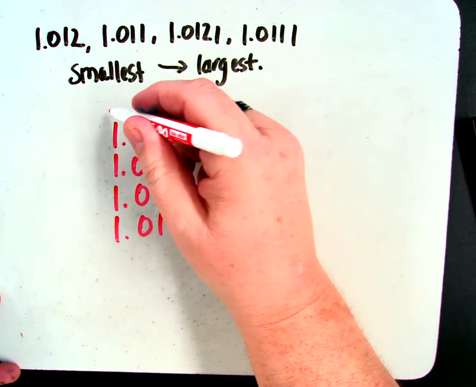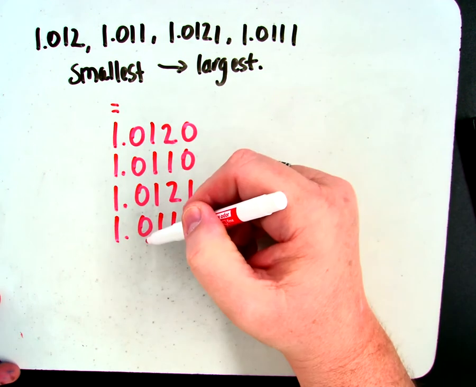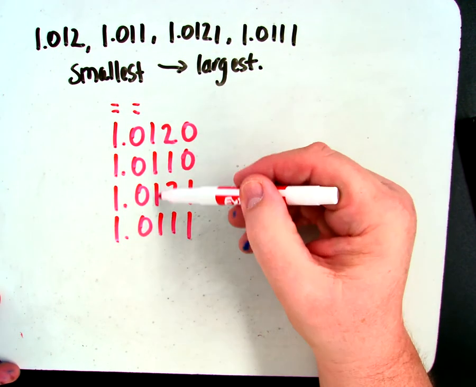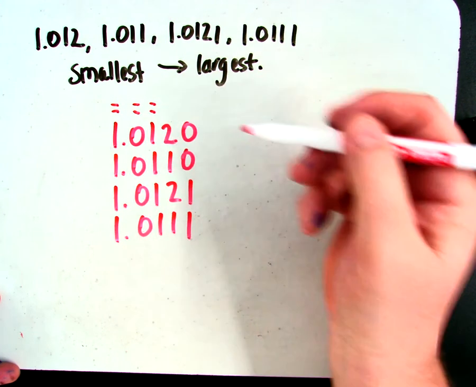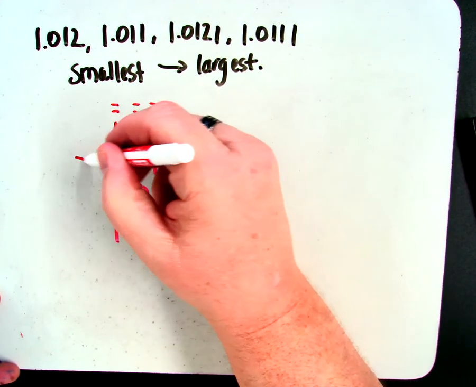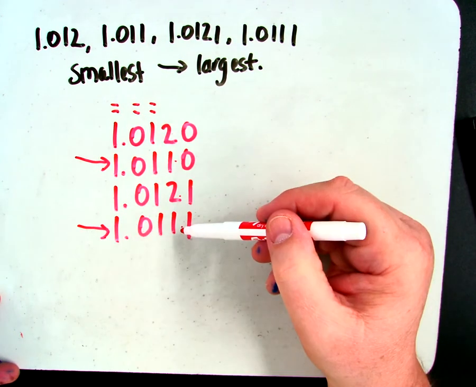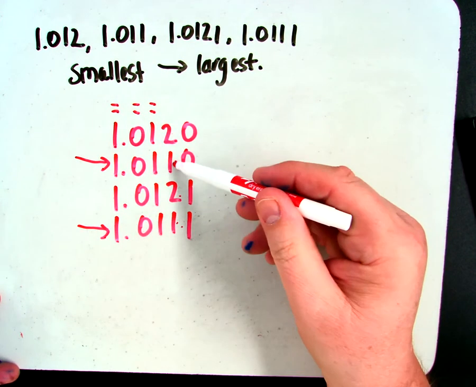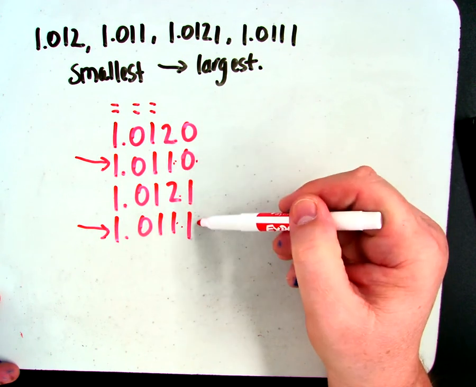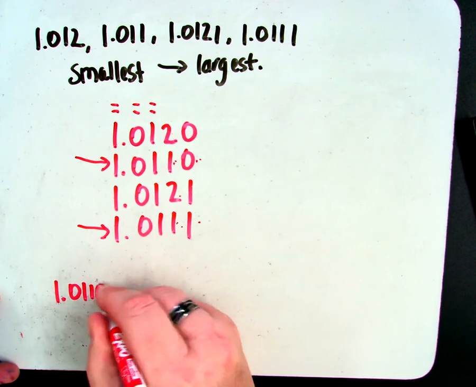Then we compare columns. We look down our first column, and they're all equal. Look down our next column, all equal. Look down our next column, all equal. Look down our next column, we have a 2, a 1, a 2, and a 1. The smaller would be these two numbers here, because they both have 1 in the position where we have 2's. So then we look at the 0 and the 1. This is the smaller number, followed by,